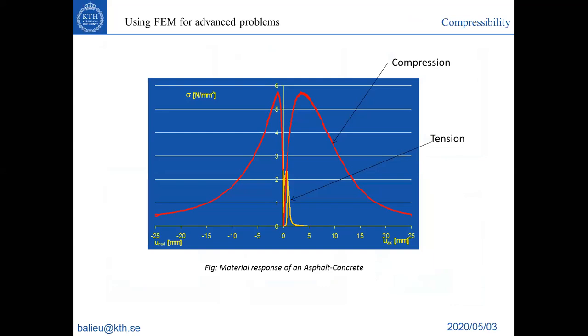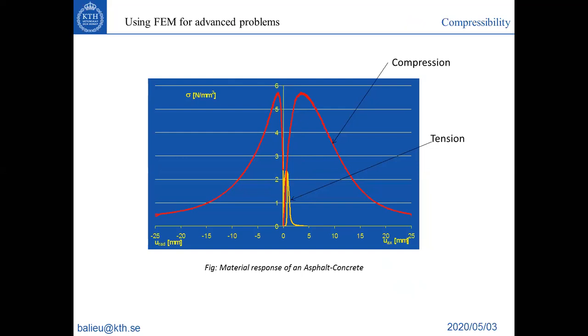This is an example of the material response of an asphalt concrete. As you can see, the red curve is the response, the behavior law in compression, and the yellow is the behavior law in tension. The response is much higher in compression than in tension. That means if you only perform one test and you use the von Mises yield surface,